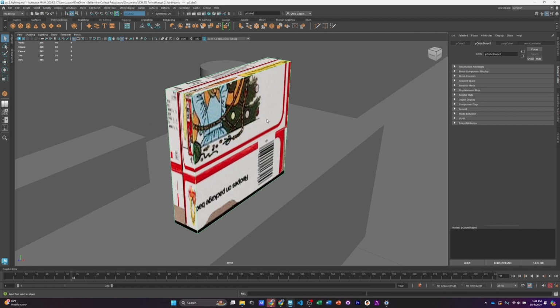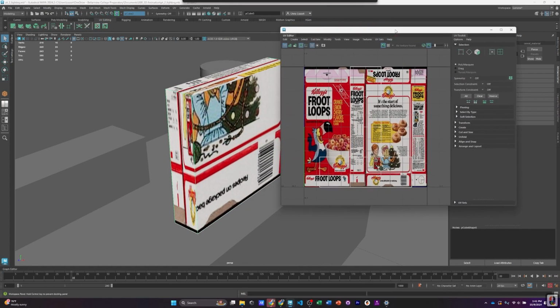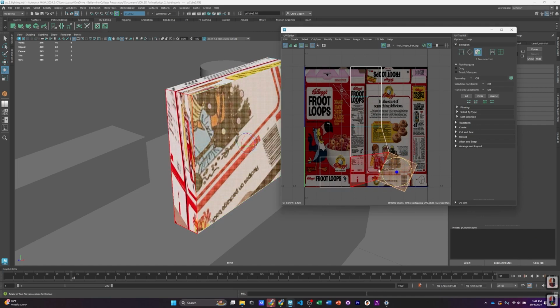Which looks completely wrong because it is wrong. And the way we're going to fix that is we're going to go into UV editing, and we're just going to click on this box right here, which is the UV editor. Okay, and the UV editor shows us how this box is being applied to each face of this object. Okay, so if I click on face here, I can move the face around, and what that's actually doing, and we'll go ahead and pick a face we can see, which is this one, is it's going to change the way in which that face